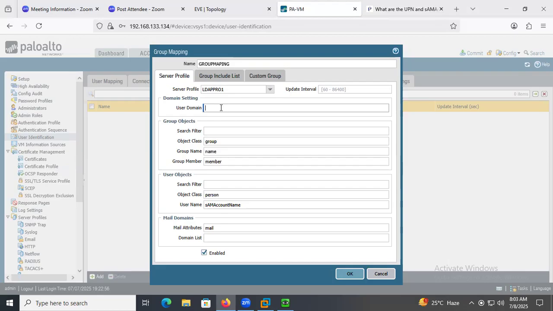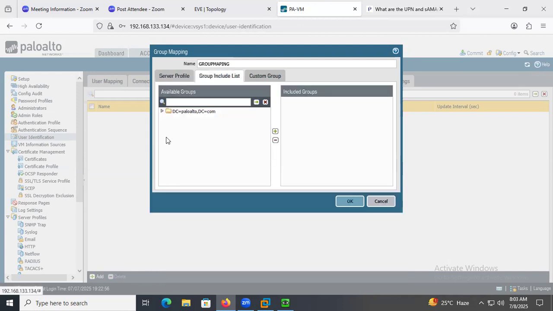Then for the user domain name, you can type paloalto.com. It's a domain name. User object, domain names, mail domain, group settings, all those things come up now. You see here, when you create the group,